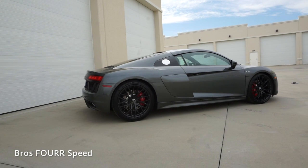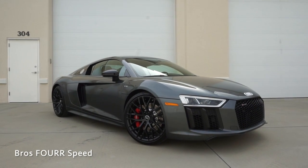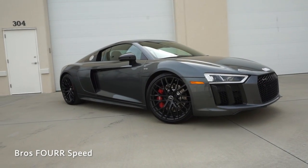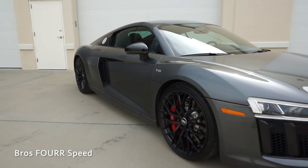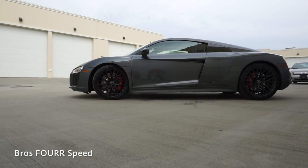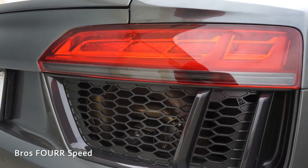The side blades on this model are finished off in gloss black in the top section and body colored in the lower section. You can opt for a carbon fiber finish in these. Just in front of them is another air inlet to provide even more cooling to the engine, along with nice sculpted lines running throughout the door. The side mirrors are finished off in gloss black. They are heated and power folding and do feature the integrated turn signal, and this does offer the magnetic ride suspension. And finishing up in the rear with the active spoiler, this has LED taillights, a standard backup camera with